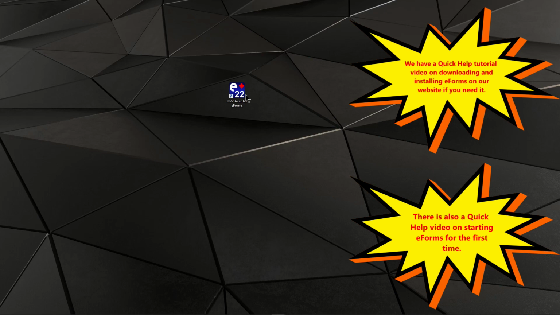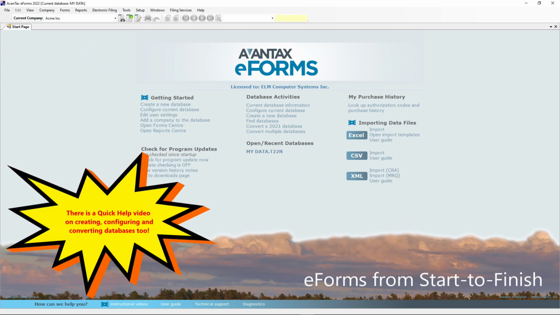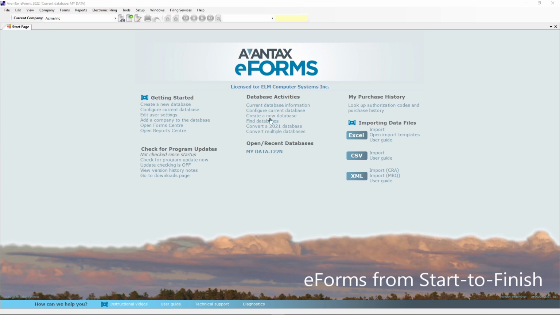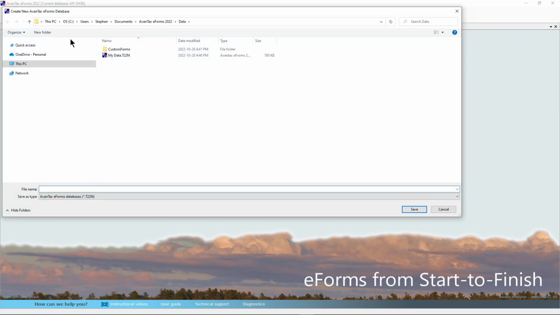First, start eForms and log in if it asks you to. Then you will have to either open or create a database where you can store the slip data. If you've already been working on the system, you will see in the center of the screen a list of databases which have been recently opened. You can select one of them if you like and carry on. However, if you need to create a new database or you're just getting started, select File, New Database, browse to the folder where you want it to be,